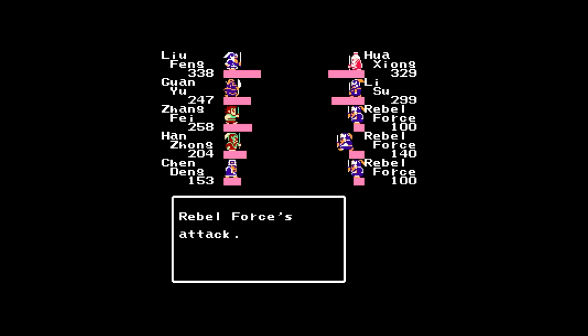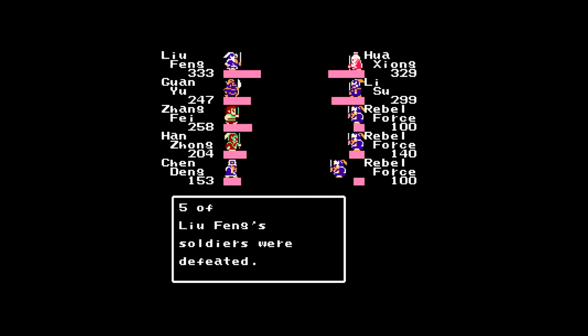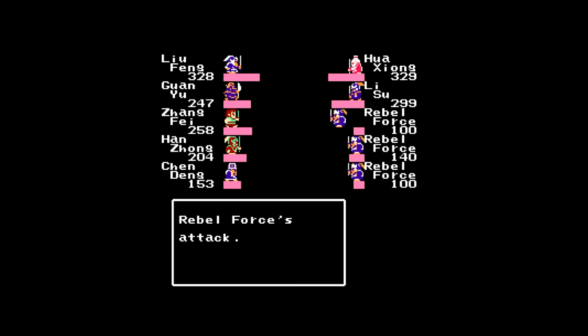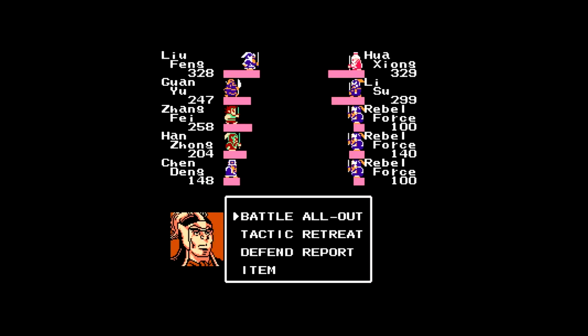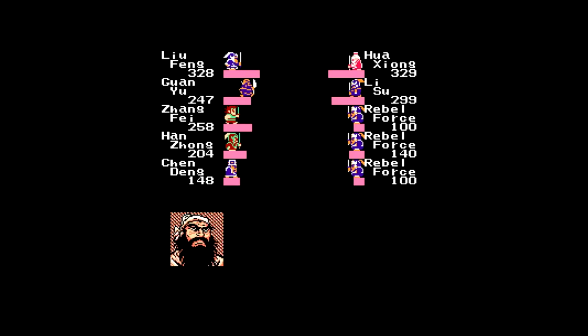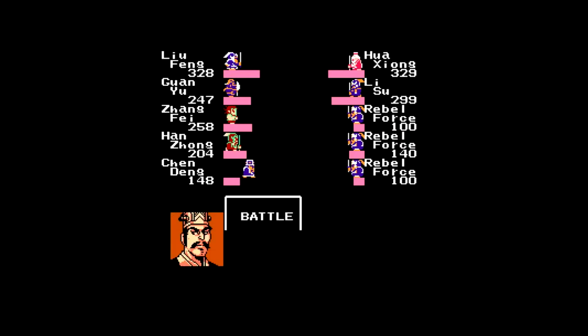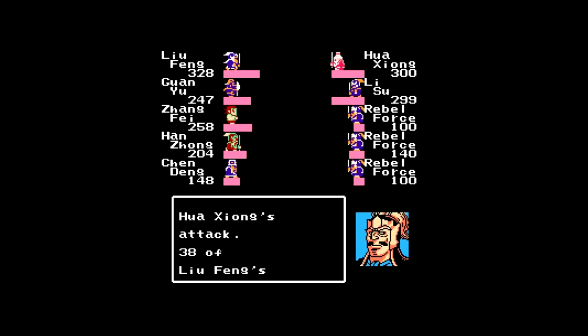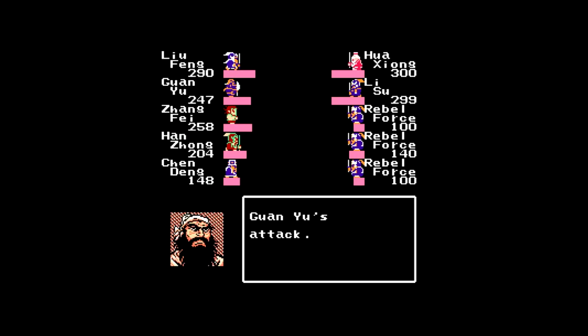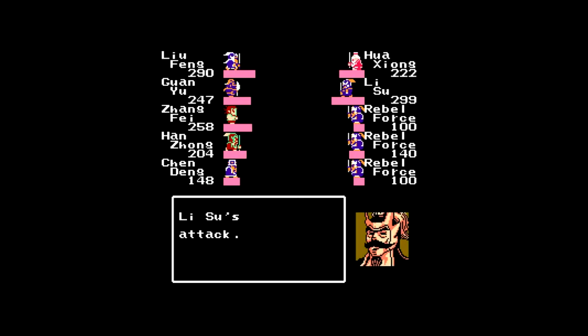Bad news is Hua Xiong shows up after you beat him in this battle. He'll show up in the random battles, and that makes the random battles a bit more tough until you can recruit him on your side. But once he's on my side, he'll be a pretty good general. And a weird thing about this part of the game, after you get through this first gate,